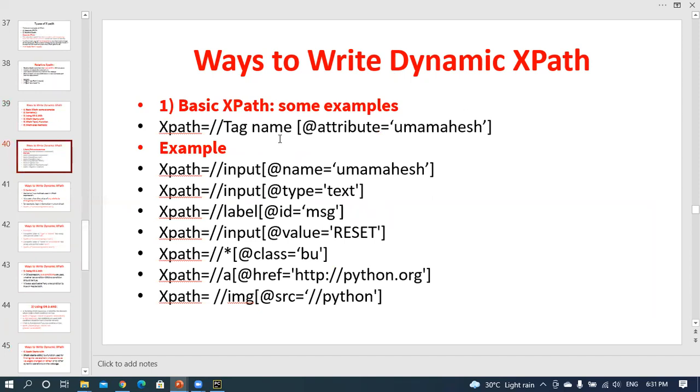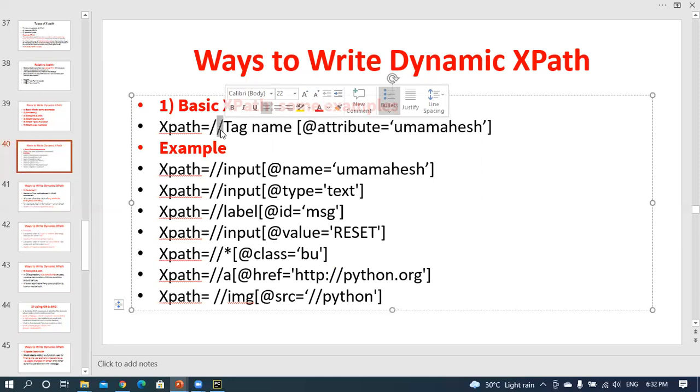For example, how can you represent the basic XPath? The basic XPath appears like this. Double slash indicates that it is an absolute or relative XPath. This is a relative XPath. It consists of the tag name, @, attribute equals this particular value.